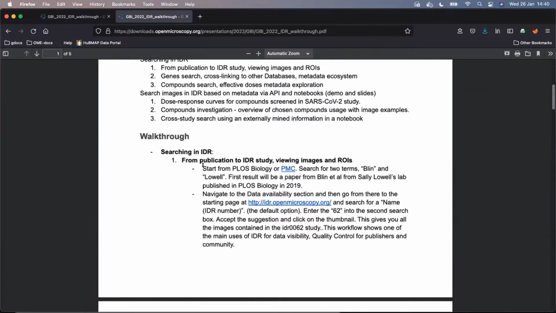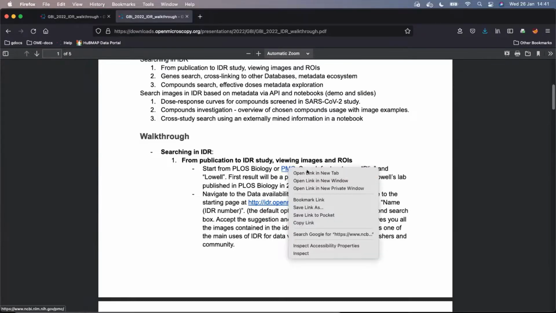Okay, so this is basically documenting what I was talking about in the talk, that you can go via search engines such as PubMed, or going into particular journal search engine, or PMC, which is the one I will now do. I will right click and open that link in a new tab,